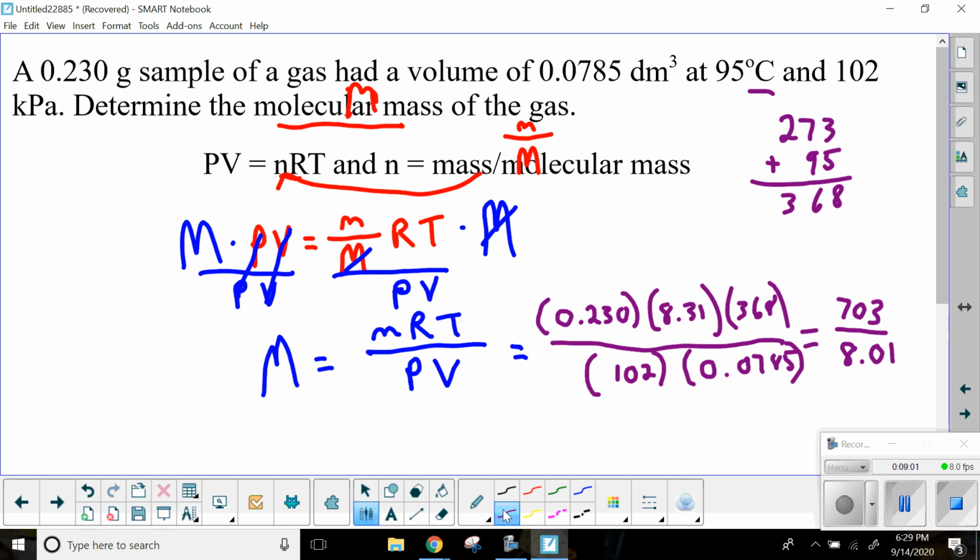I'm going to solve this problem right before the train comes. Yay! So 703 divided by 8.01 gets me a molecular mass of 87.8